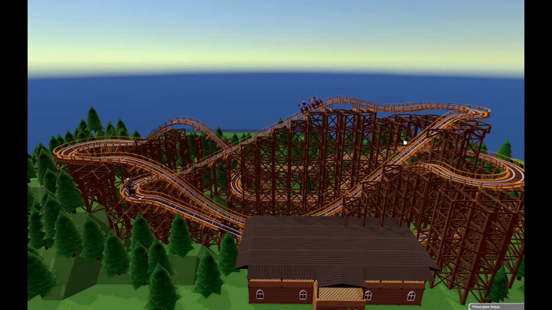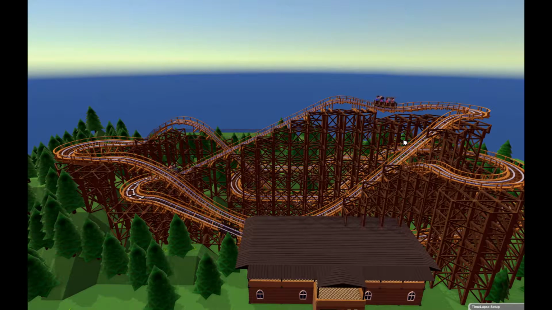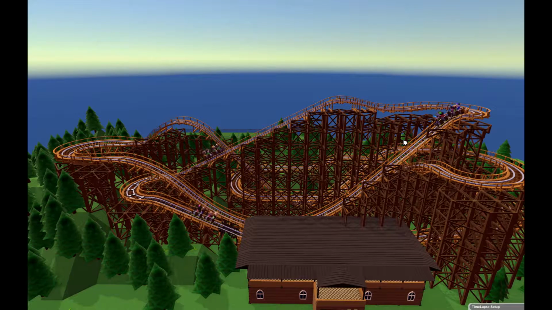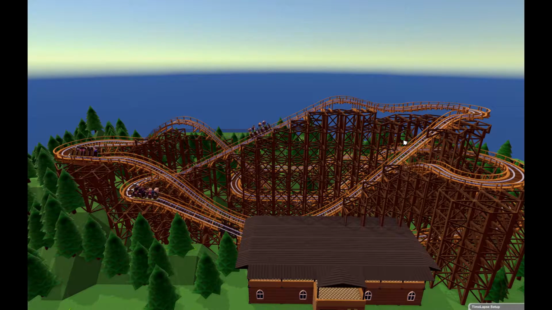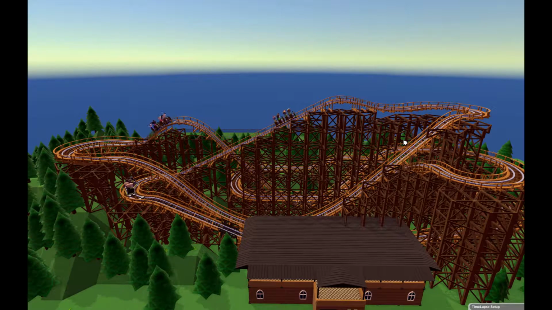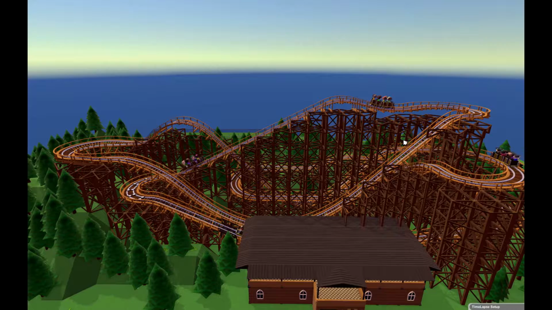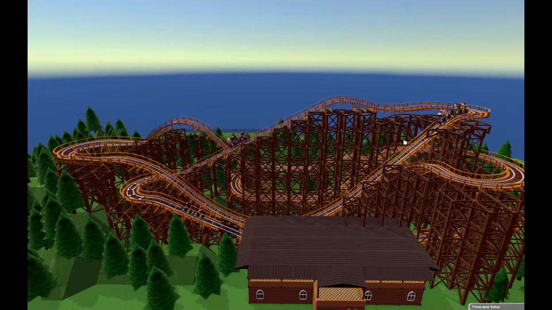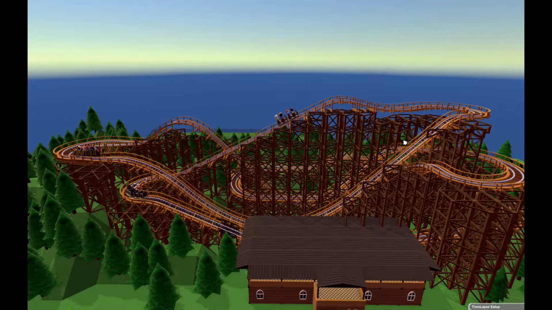And the reason I'm starting with the wooden roller coasters is they are the easiest to visualize as far as you seeing it on the screen and understanding where the curves are and what's going on. A lot of the steel coasters look like metal tube spaghetti. I've said that before. When you look at it, you have to kind of scroll around and get an idea for it. These are very easy to see where everything is, what's going on. They're also a little simpler to build. And I say simpler, there's less complications as far as the pieces, but that makes them a little more challenging